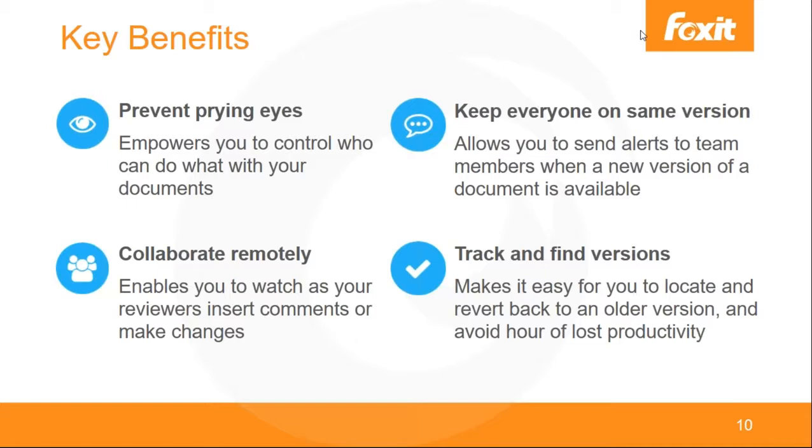First, prevent prying eyes. What we mean by that is if, let's say, I send out a document and it contains confidential or sensitive information, and I accidentally send that to somebody erroneously, then ConnectedPDF gives me the option to expire that document. Just last night, for example, I was sending off an email in Outlook and typed in the first letter or two of somebody's name, and Outlook made a suggestion, and without taking the appropriate amount of time, I picked the first